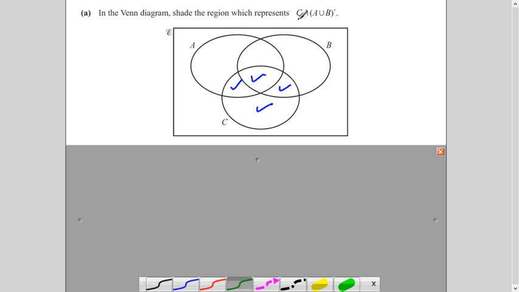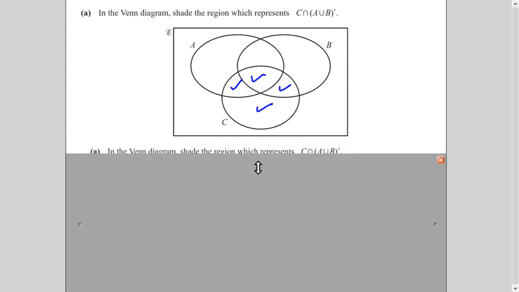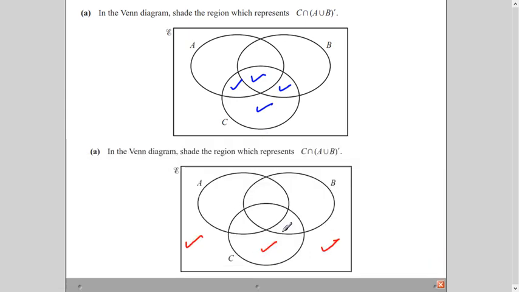First of all, we will see what is C. So C means this whole area, right? Which I have put, where I have put a tick mark. Then we will see what is A union B complement, right? And then we will see the common between them. So if I see A union B complement, it means A and B are totally out. So if I do not consider A and B at all, it means I'm talking about this area and this outside area, right? So C means this blue area, red means this A union B complement area.